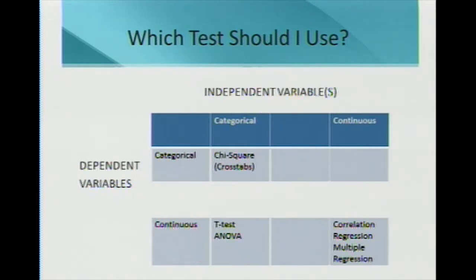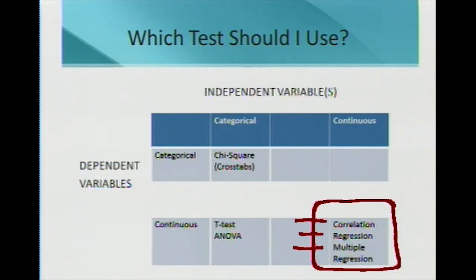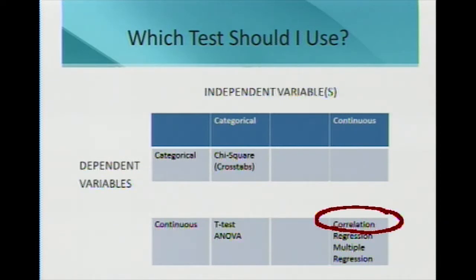Now, today we're going to talk about one of the relationship tests. So let's take a look here and note that on this chart, we see that there are different kinds of relationship tests, and we have three listed here. We have the correlation, the regression, and the multiple regression. So this session is going to be about correlation specifically. And like I said, we're going to be talking about the Pearson correlation.